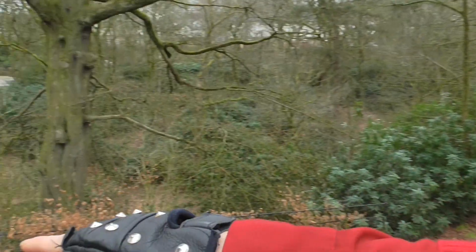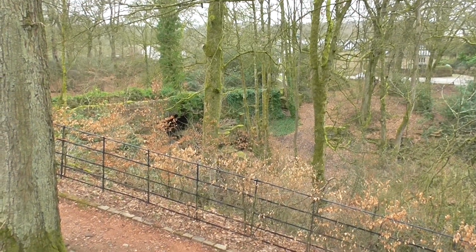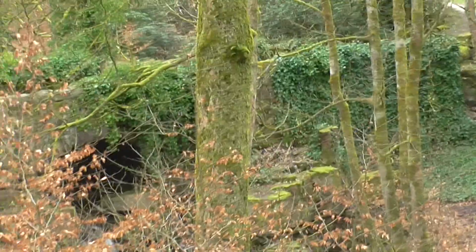because the bridge has a story that a lady belonging to this hall and a servant boy who worked in these stables fell in love with each other, and because obviously of class distinction, she came from a wealthy family, he's just an ordinary worker. They used to meet on the bridge, and the family found out and separated them, and one of them, and I don't know which one, jumped over into the ravine, where I think you can just probably see the waterfall going down there. So that bridge is actually haunted,